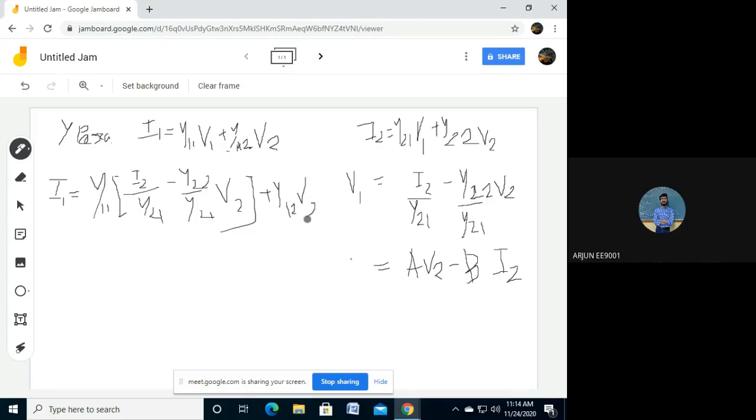So here grouping the I2 on one side and the V2 on the other side, we get